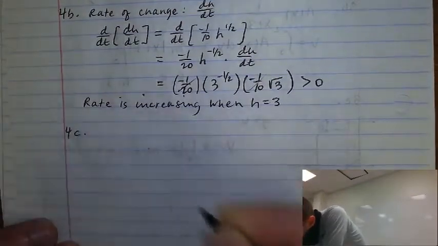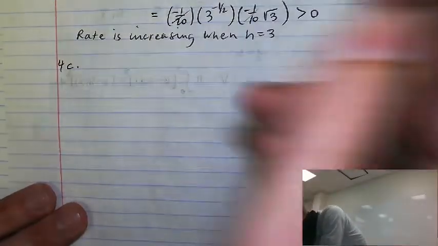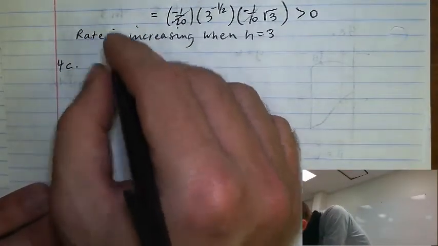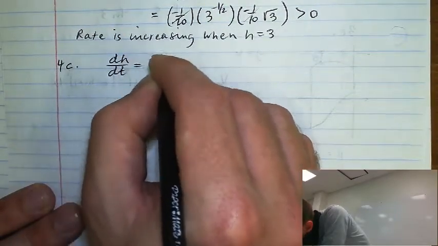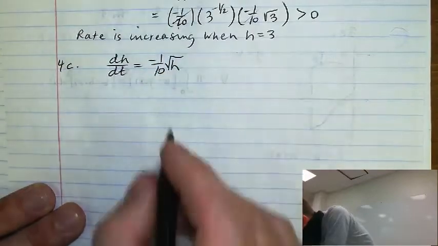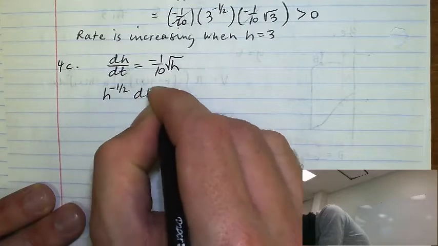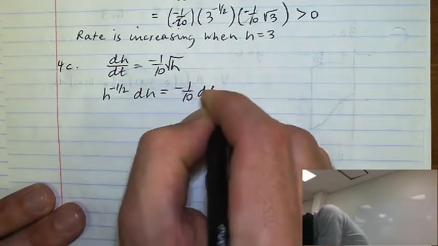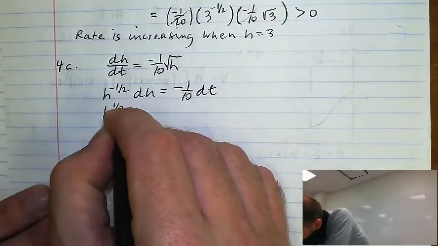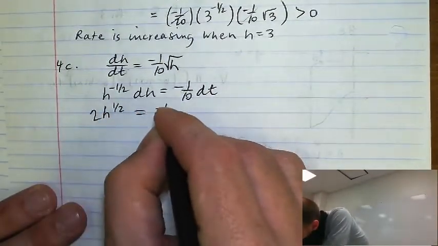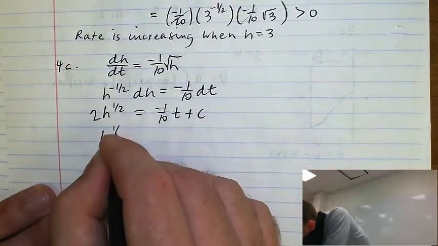So for C, what was I thinking? Oh, that's the separation of variables. So just find h of t, and they give you an initial condition. So I'm going to start with dH dt is -1/10 of the square root of h. 1 over the square root of h, or h to the -1/2 power dh, is equal to -1/10 of dt. Okay, anti-differentiate, bump up the power by 1, divide by the new power. That's equal to -1/10 of t plus c, divide by 2,